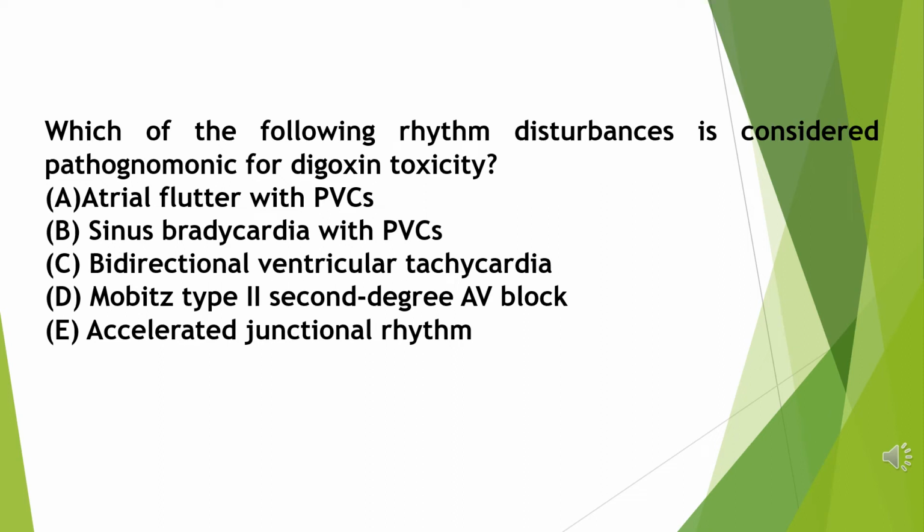Which of the following rhythm disturbances is considered pathognomonic for digoxin toxicity? A. Atrial flutter with PVCs. B. Sinus bradycardia with PVCs. C. Bidirectional ventricular tachycardia. D. Mobitz type 2 second-degree AV block. E. Accelerated junctional rhythm. Pause the video for a moment and the answer is